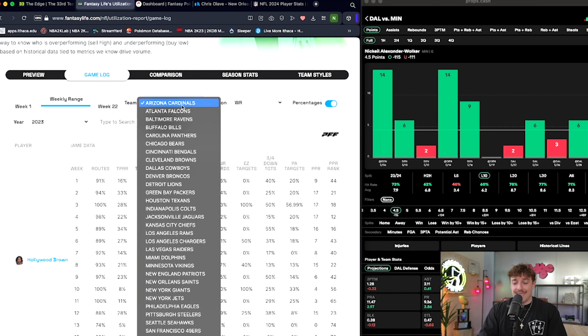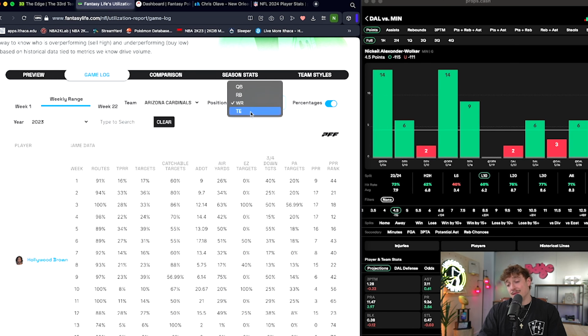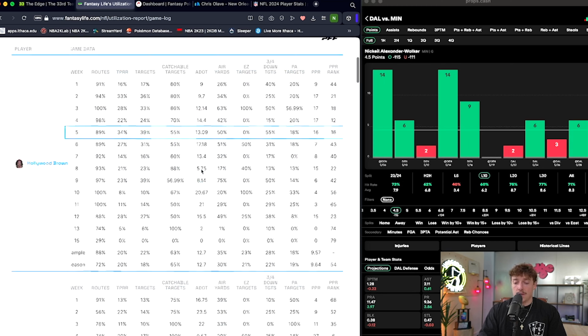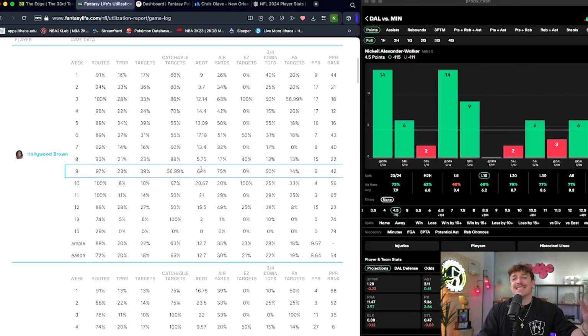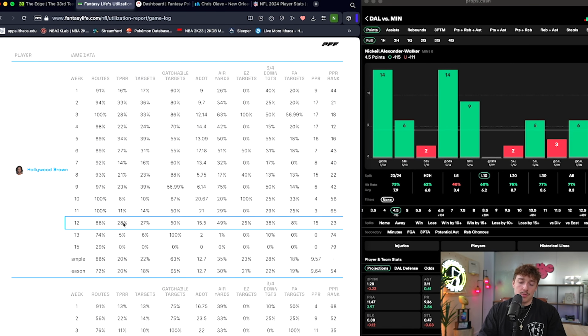Obviously, you can filter by team. You can go to literally any team in the league, any position you want. Obviously, quarterback's going to be a little bit different here. You're just going to mainly see snap count, all that sort of stuff, which is not as valuable for that, but it is valuable for receiving running backs and receivers on whatever team. So we're looking at the Cardinals, and this is last year's stats. You're going to see Hollywood Brown here, who's obviously not on the Cardinals anymore,